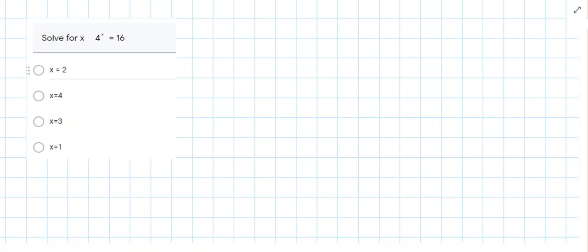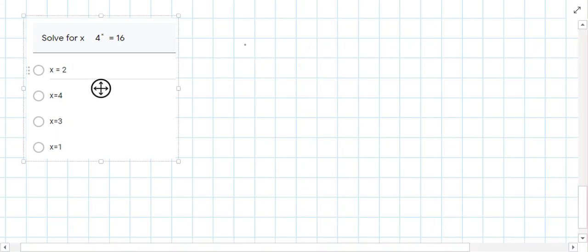Okay, so in the following question, what you've been asked to do is to solve for x. And what we're dealing with here is indices. And there's a general rule that, if you have equations with indices, if you can rearrange it in